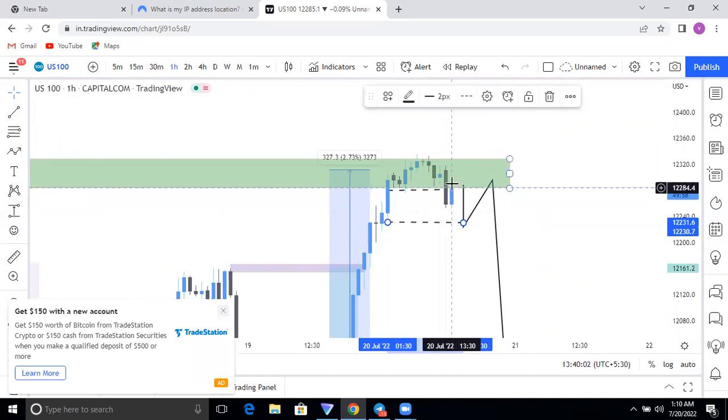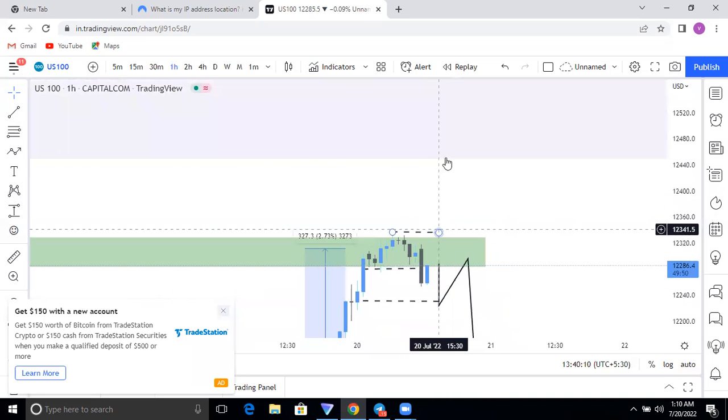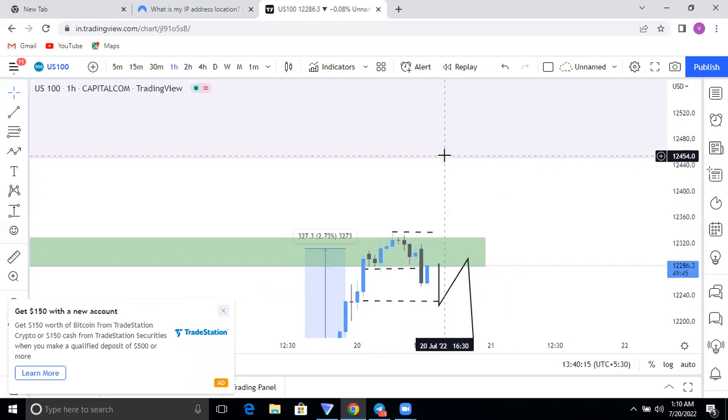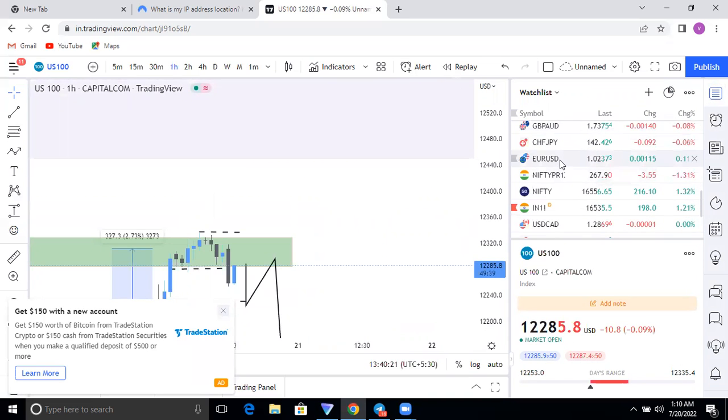And let's see if the price is going to break here and continue bullish. The price should break this structure here, the new high created here, boom, you can get a new buy to 12452.3. So that's about Nasdaq, and I want to talk about Euro USD as well,